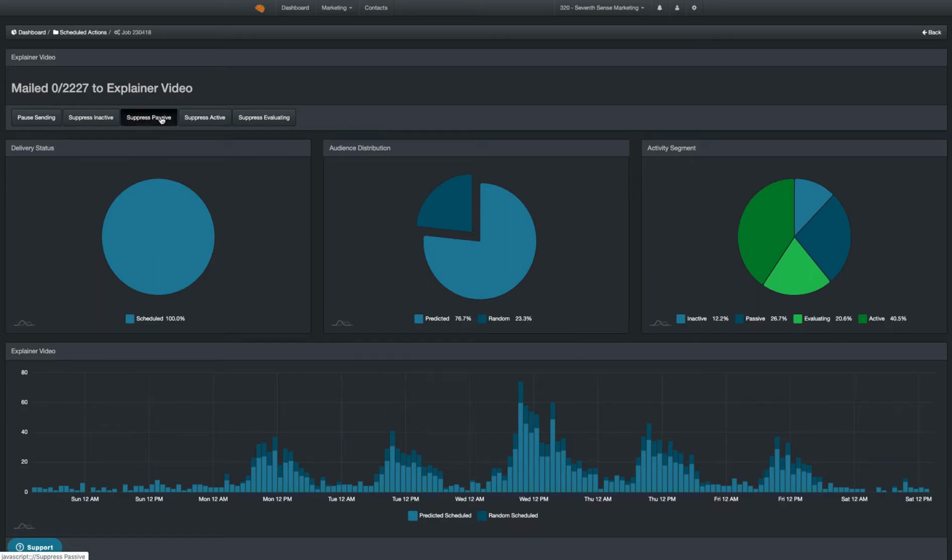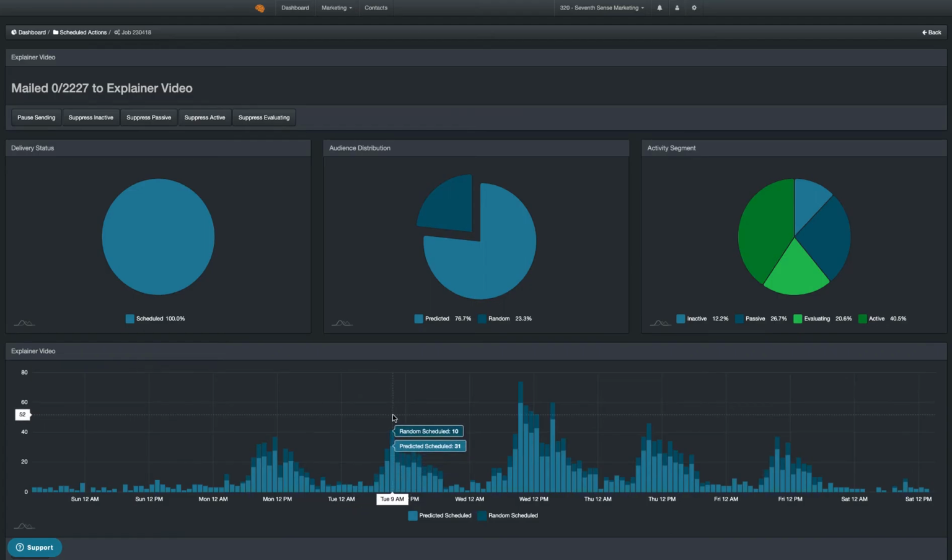For example, let's say we're sending an invitation to join an event such as a webinar or an on-site luncheon, and we've included everyone in a particular list. But then we notice that our engagement rates are far below average, and we're concerned this will be a strike against us with our domain reputation. At any point in the delivery window, so let's say it's Tuesday at 9 a.m. and all of these people have already gotten their emails,